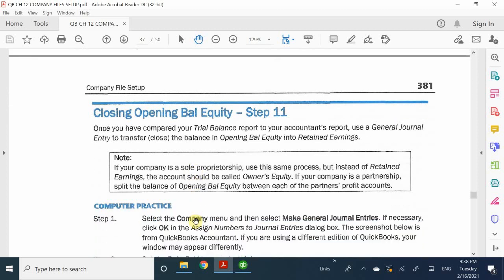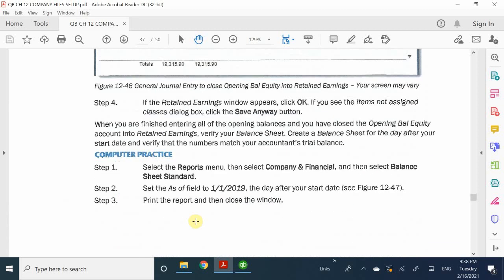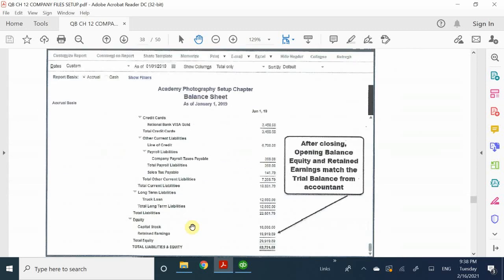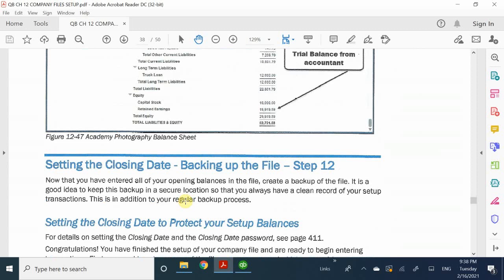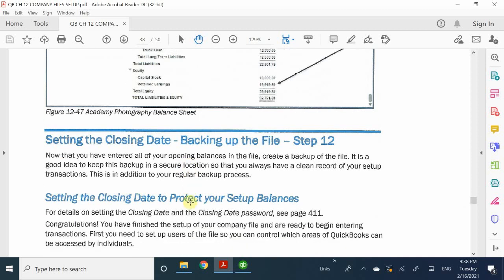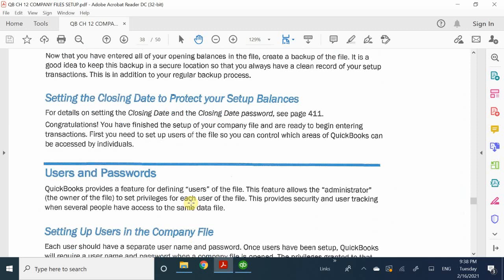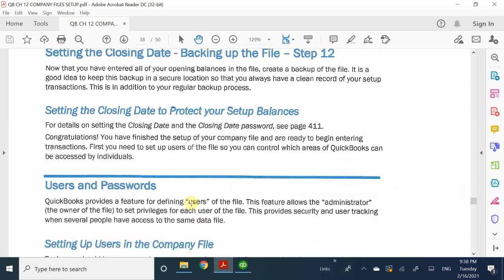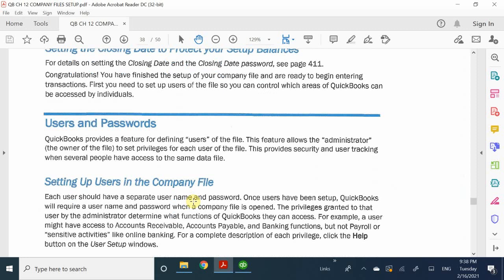Same thing with equity. Equity we will talk about in chapter 13 when we close it out, as part of the closing process in chapter 13. And then lastly, setting the closing date is also going to be involved with chapter 13 because we learn about how to close our books and lock it up for good. Okay? Now the next section here is going to be users and passwords. So with that, I'm going to go ahead and skip along